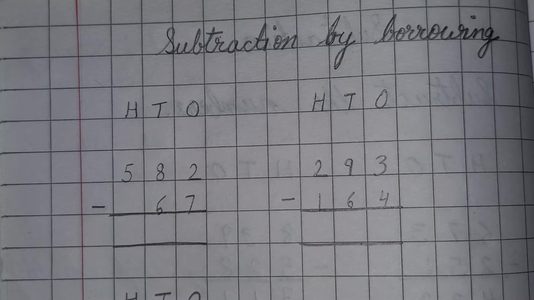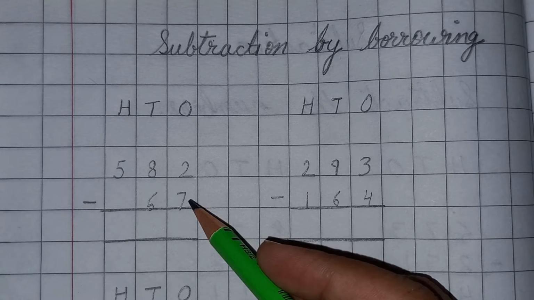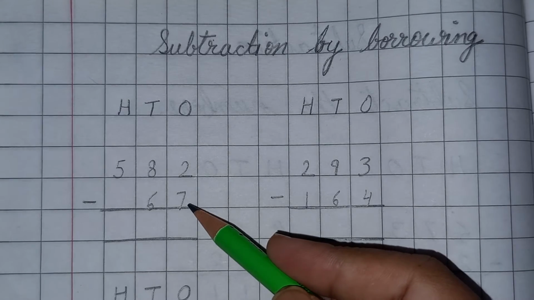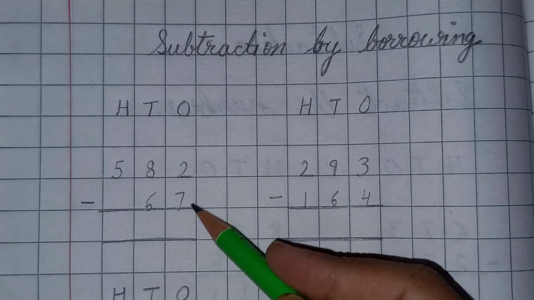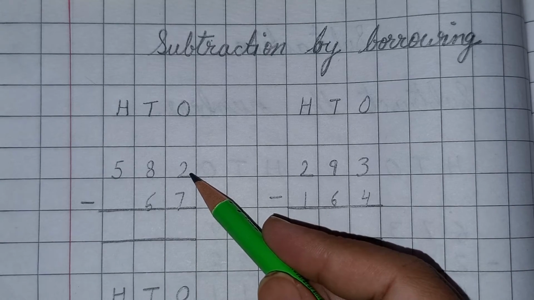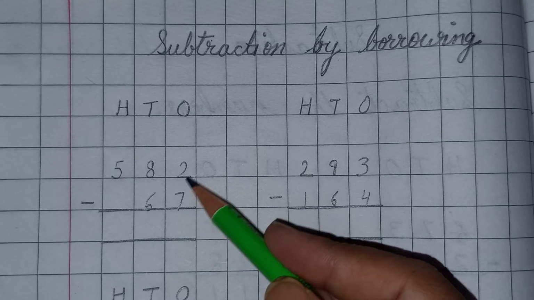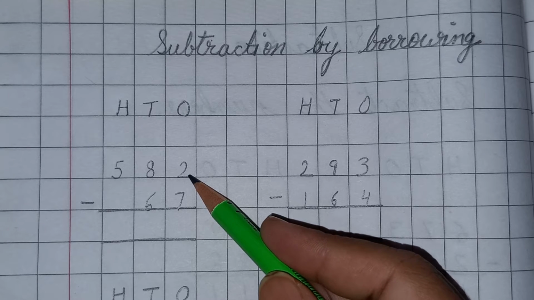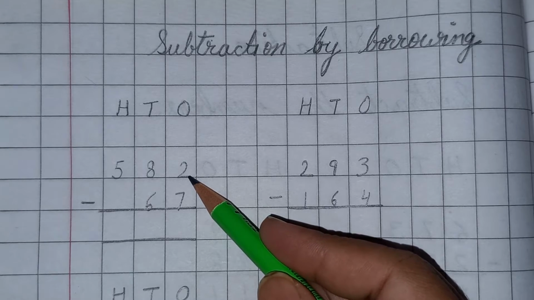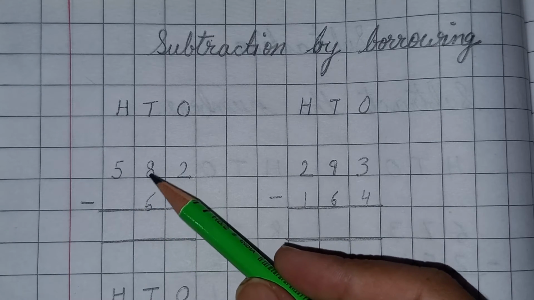So when we are subtracting two numbers, we have to observe the digits. Now, as I have told you, whenever we are doing addition or subtraction, we always have to start from the right side. Okay, so here we are having two numbers on the right side. Those are 2 and 7. So we are subtracting 7 from 2. So we have to observe that if the upper number is smaller, then we need to borrow. If the upper number is bigger, then we don't need to borrow.